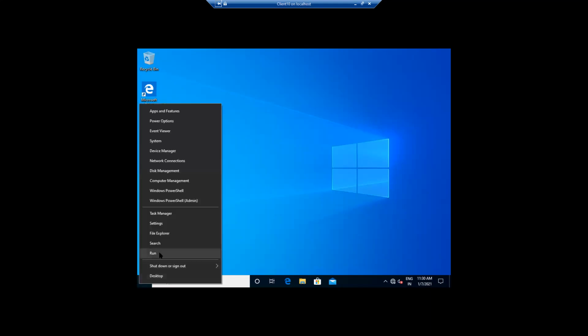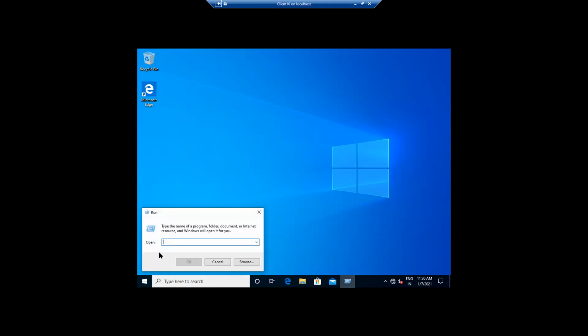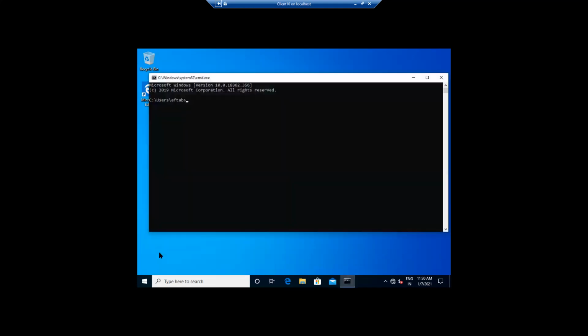So as I said, go to Run and type cmd, then command prompt, right? So what is the command for DNS? nslookup. This is the command to check the resolution of the DNS server, right? So if I type it, it will give me the result with my DNS server details. It will resolve it. So we'll see whether it is working or not, right?